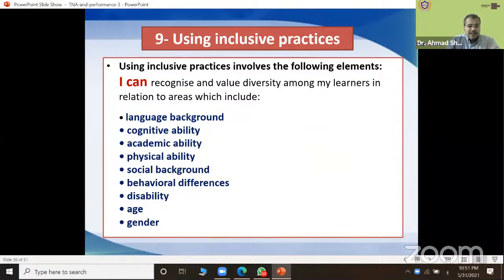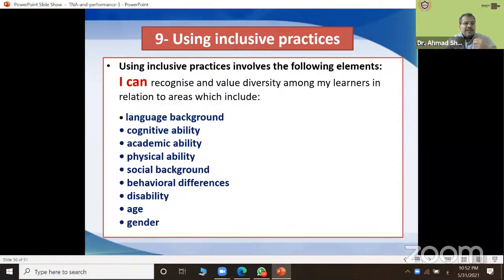Using inclusive practices involves the following elements. I can recognize and value diversity among my learners in relation to areas which include language background, cognitive ability, academic ability, and physical ability. So your students are not the same. You have mixed ability learners.